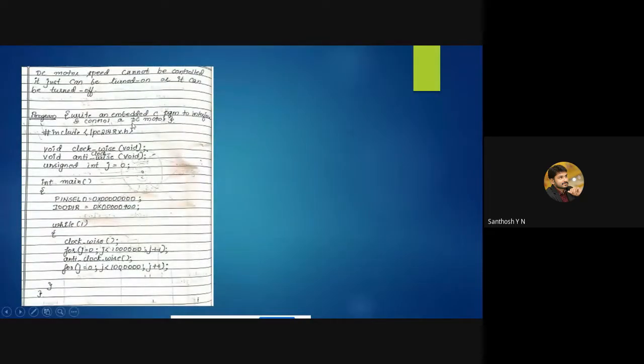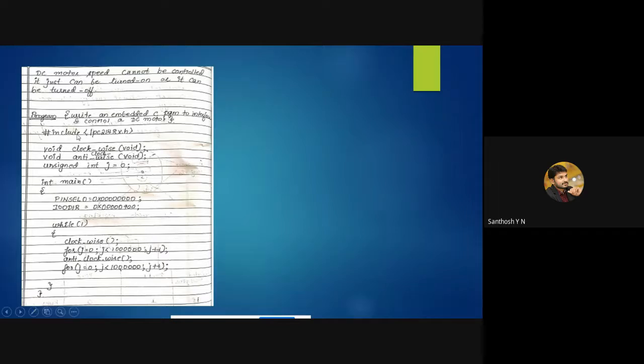Okay, so coming to the program of the part B experiment, it looks very simple. The program is very simple, but you cannot memorize the things you are writing here. If it is a single program, you can memorize it and write it down, but you are having 8 programs in part B and you cannot memorize all the values, right? Therefore, try to understand the things whatever I explained.